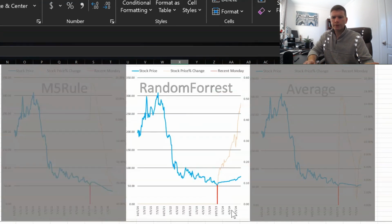Moving on to random forest. So we saw this a few moments ago in the computer modeling software. It was more optimistic, and we can see here, starting at $50 from where we are today, going out to the right here, it has that nice uptick and closing out the next 52 weeks in that $80 range. And if this does pan out, we can see this would be about a 45% or so gain from where we are today. So if you have that more optimistic outlook for the next year for this overall stock market, we could see this nice recovery for